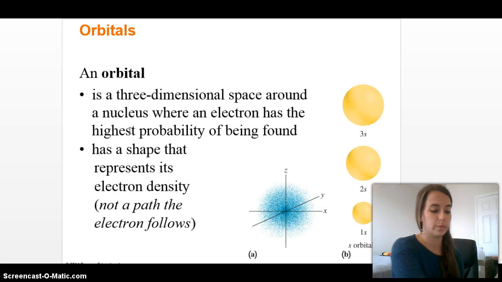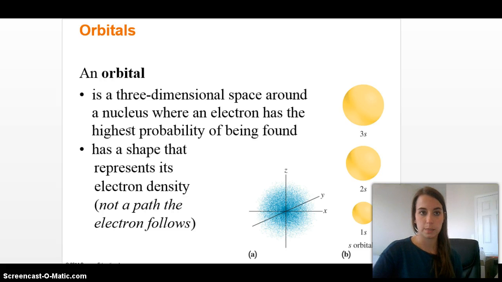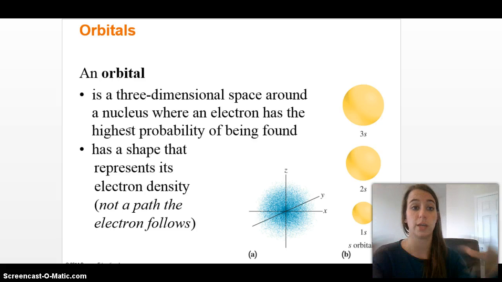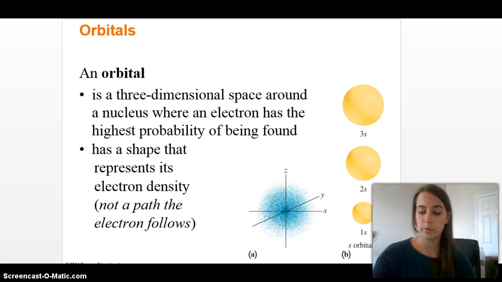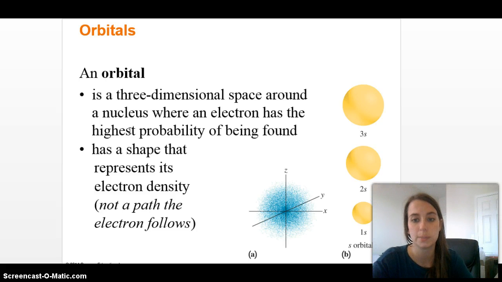Let's talk about orbitals. So now you've got energy levels. Okay? You can imagine you've got your 1, 2, 3, 4. You've got your sublevels, S, P, D, F. Orbitals are just the shape. Okay? So an orbital is the 3-dimensional space around a nucleus where an electron has the highest probability of being